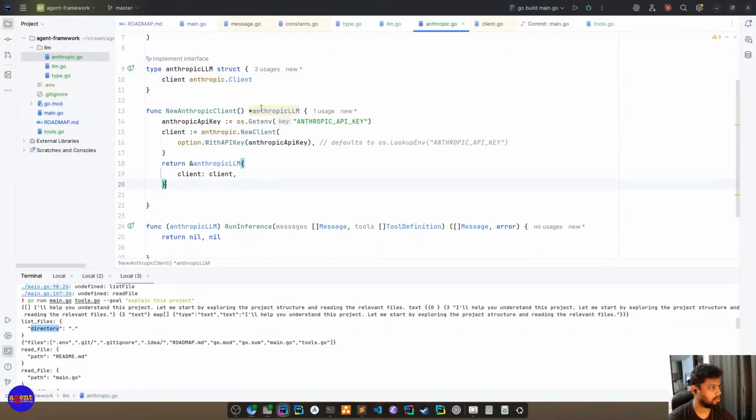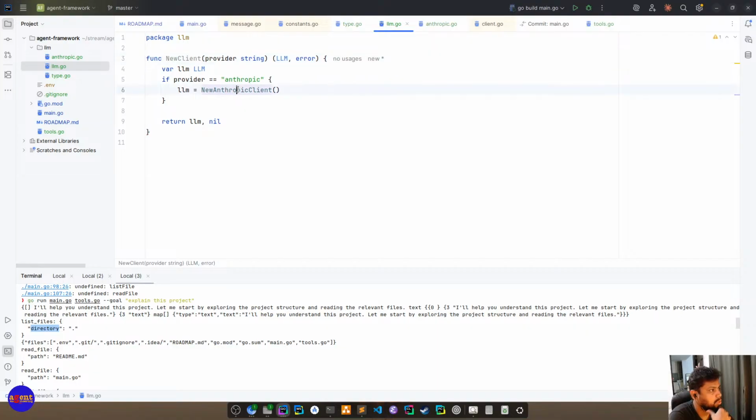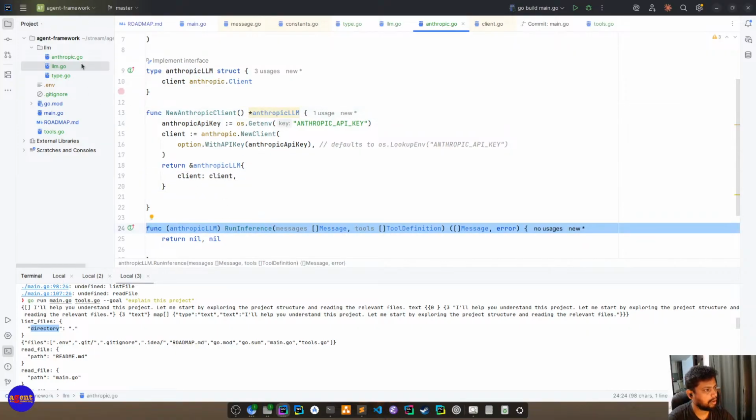Okay, no problem. And this works because here we are returning LLM, but this is returning a specific one, right? No need, because it implements this interface. That's why you can use it interchangeably.